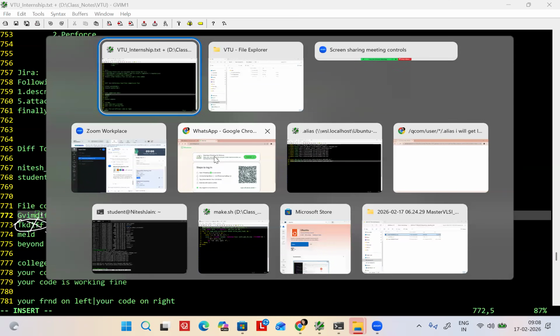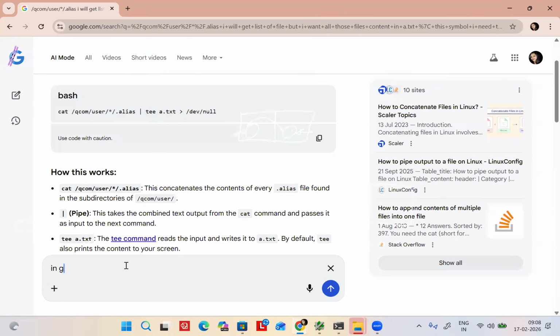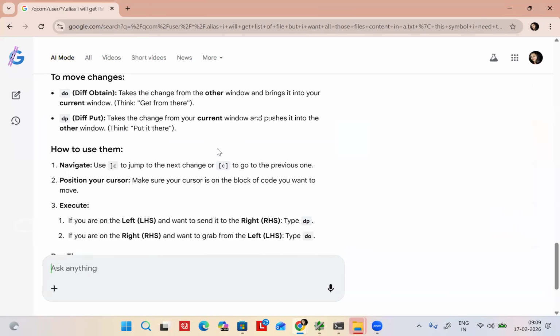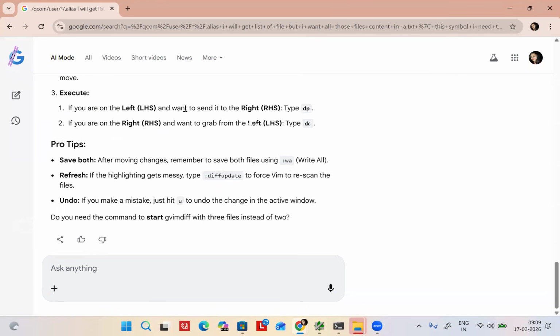I'll just tell you the command. Left-hand side to right-hand side, what do you need to do? DP.